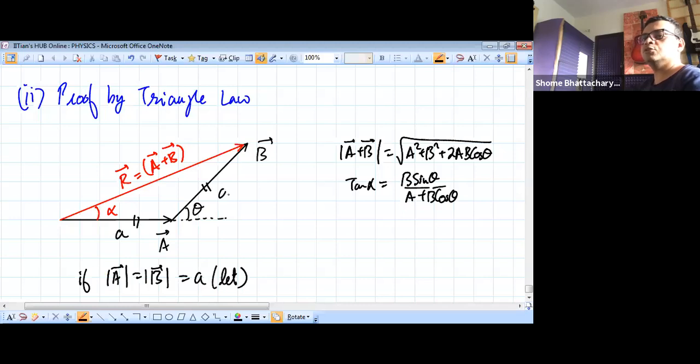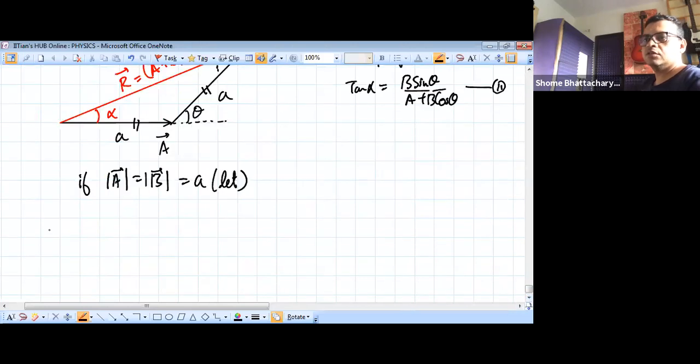Now one thing you can see geometrically only, then this angle and this angle will become equal. These two angles will become equal. And then what will happen? Their sum should be theta. So alpha should obviously be theta by 2. So you can understand that from the isosceles triangle itself. Okay, that alpha should be theta by 2. But here, of course, I am going to prove by these two, by equation 1 and equation 2. I am not going to prove it geometrically. I am going to prove by this. Okay. You can see that